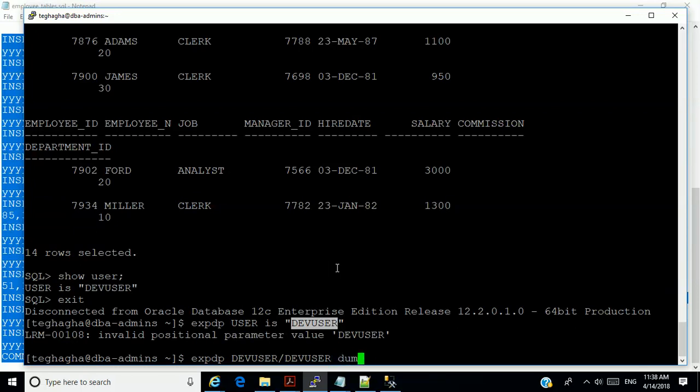Okay, dump file is equal to dev user.dmp.